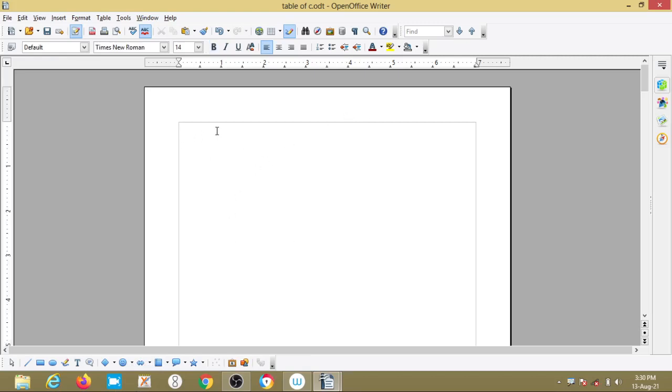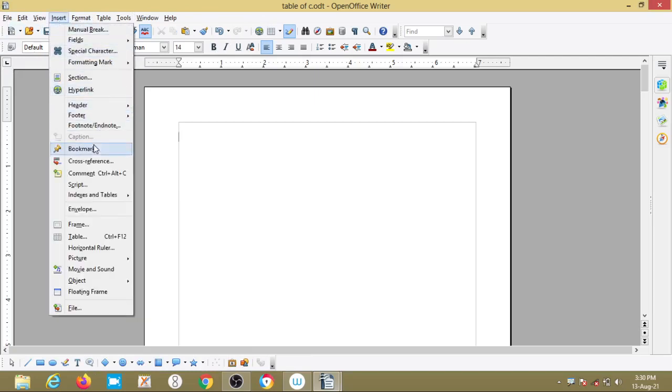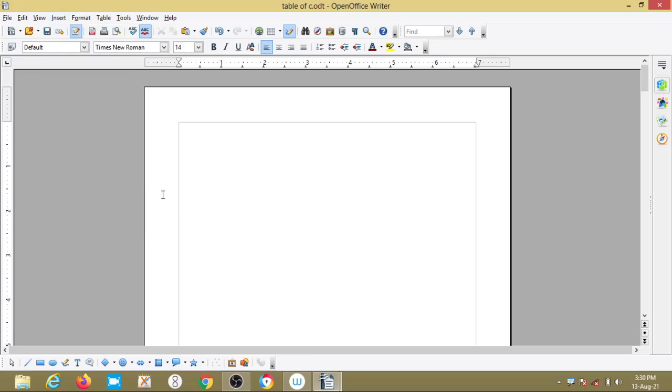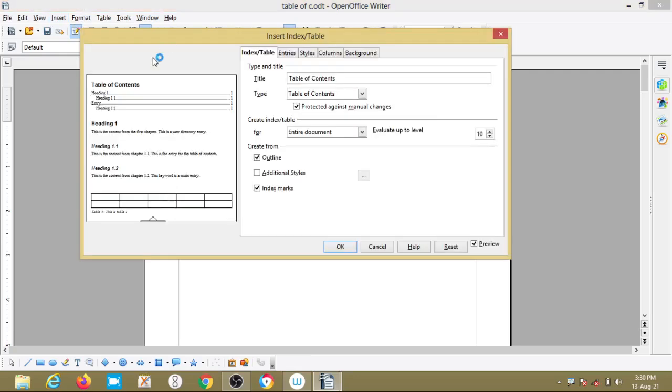You click here, okay, you click here, and go to index and table format in the menu bar. So, title bar, menu bar, standard toolbar and format bar. In the menu bar there is Insert, go to Index and Tables, and there go to Indexes and Tables. Wait a minute, okay, this dialog box will come.